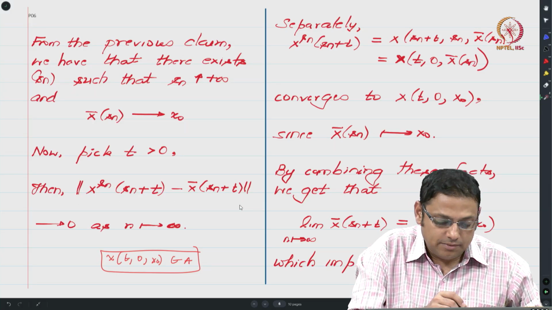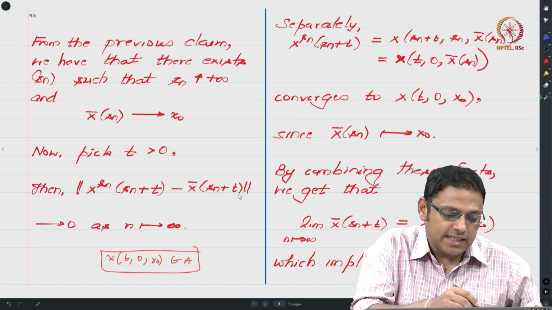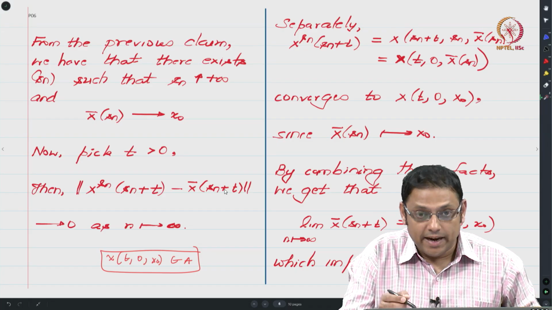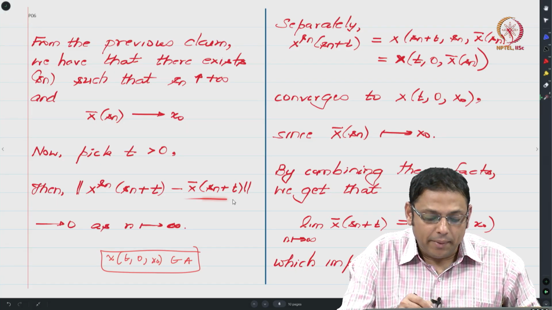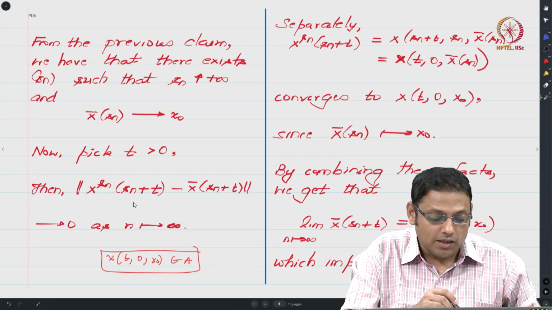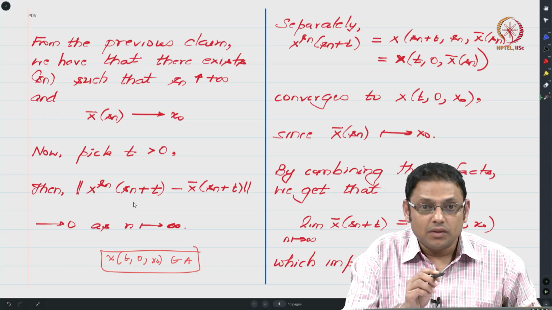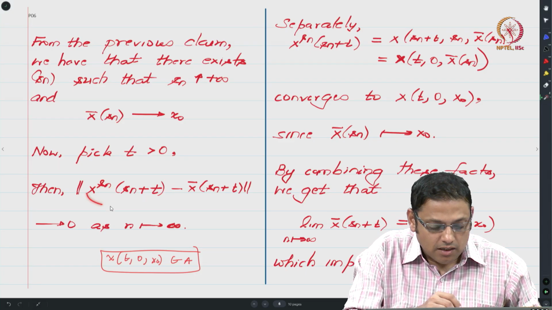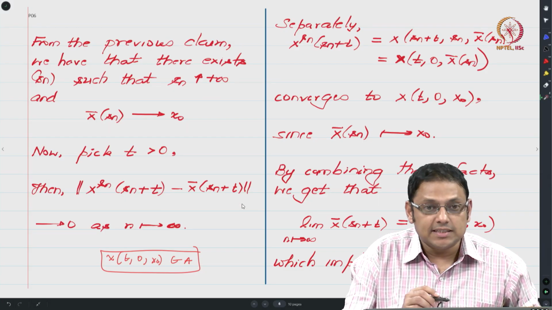What this is saying is that you look at x bar Sn plus t, right. Sn is this sequence that we have already identified. Go t distance ahead, and look at the value of the linearly interpolated trajectory and compare this with the value of the solution of your limiting ODE which passes through x bar of Sn at time Sn. Is this okay? So, this is what this is, and you look at the value of this solution trajectory at time Sn plus t, right, and you look at the distance between them.